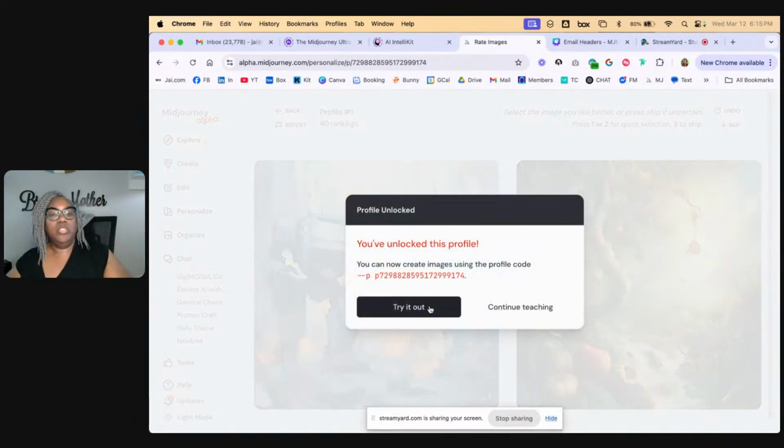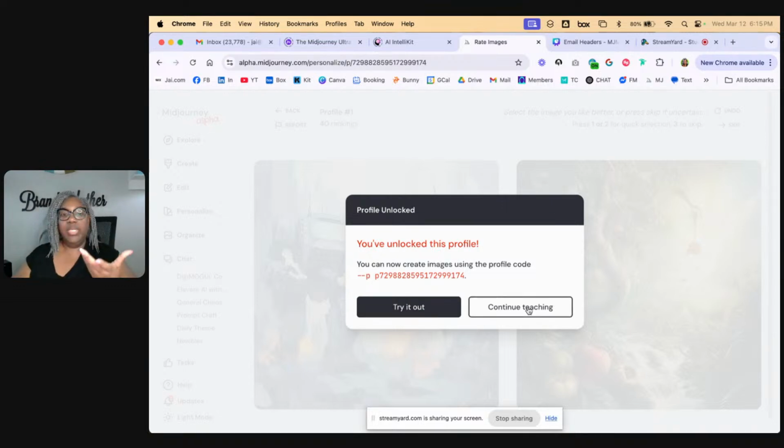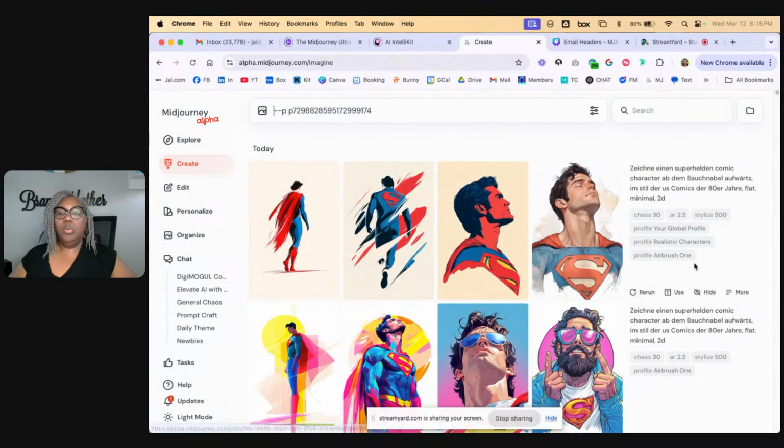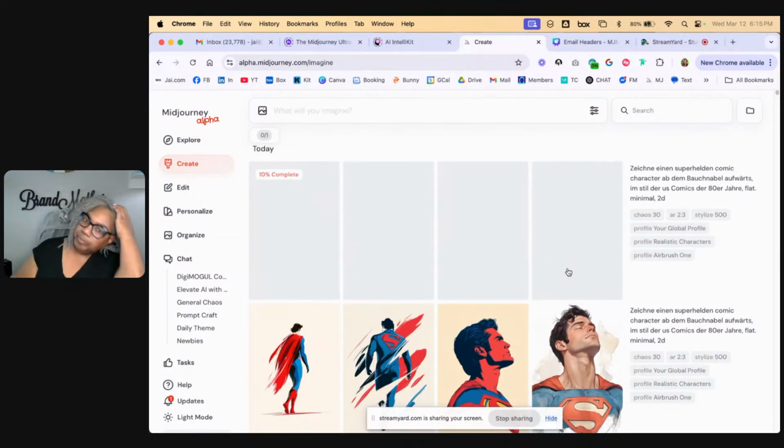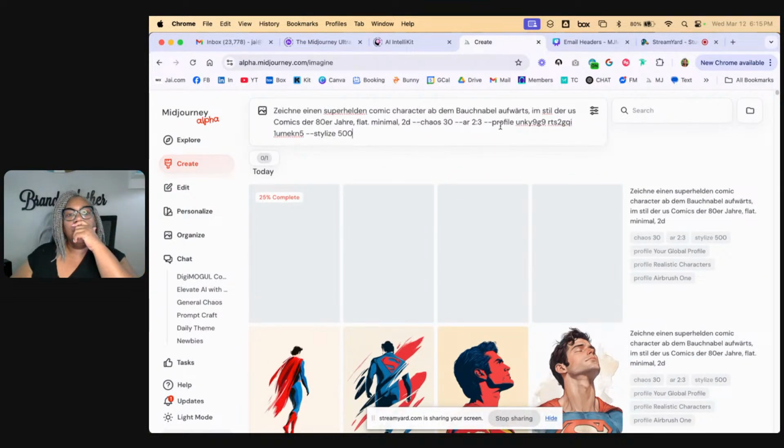Okay. As soon as I did it, guess what I get? The try. It's telling me what the code is. You can continue teaching it, which means you continue to add training images to it, or you can go with try it out. So I'm going to click use, and it's got the profile there. Okay, so let's see what it does. Oh, wait, never mind. It took all the profiles. So let me go back,